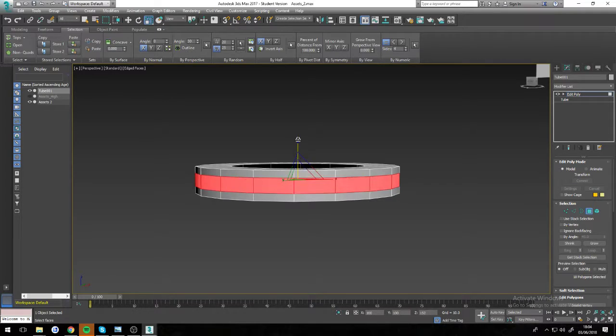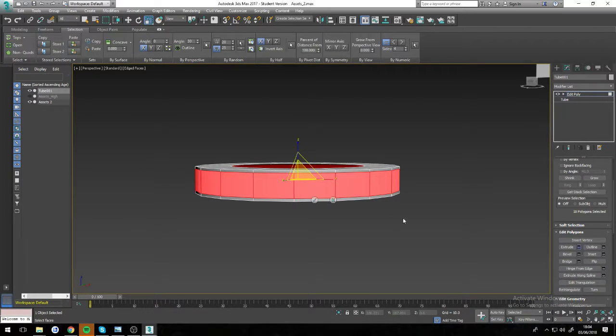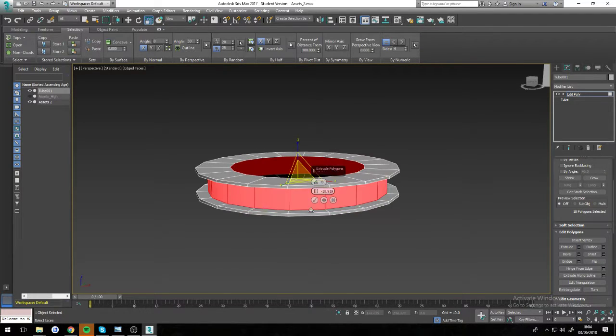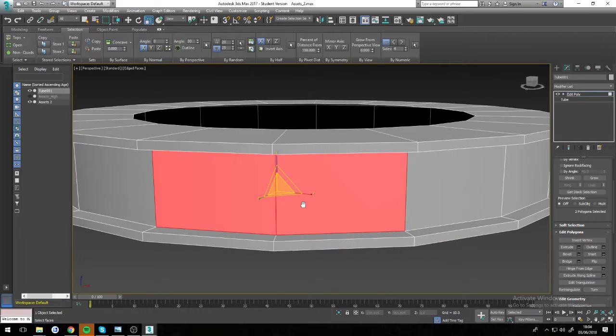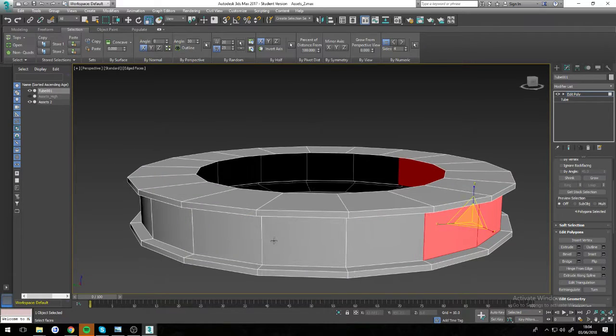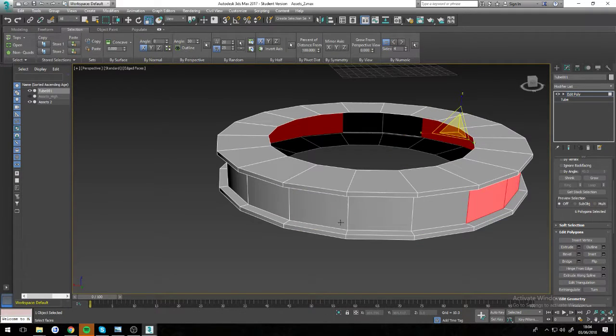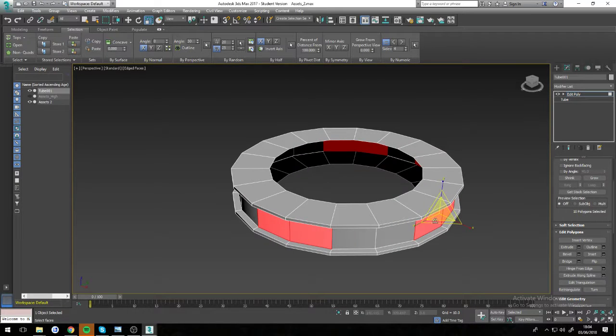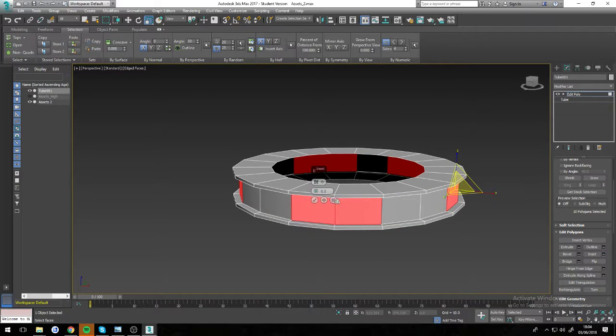I also then scaled this up like that, and extruded inwards by group normals, so you get something like that. I then selected every other one, click two, left two, click two, left two. I don't know if the number I set is equal. Yeah, that's fine. Inset like that,